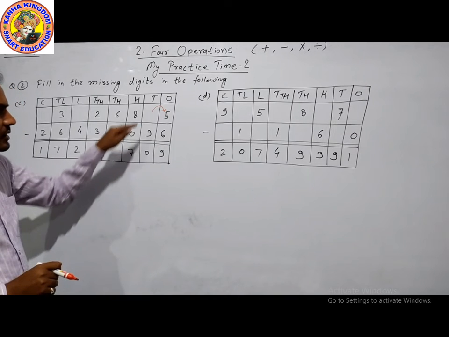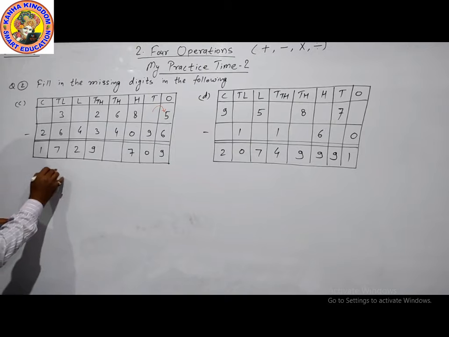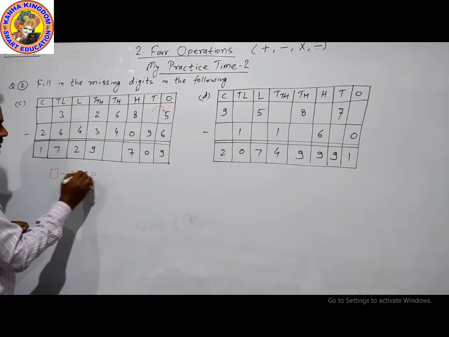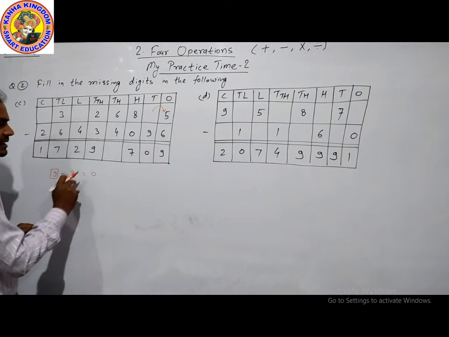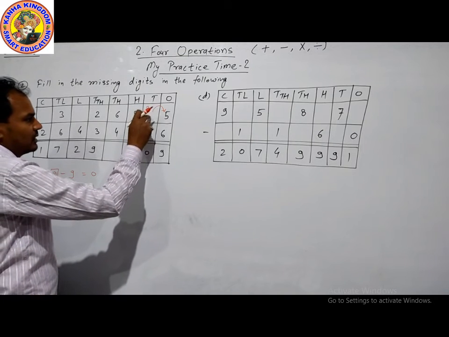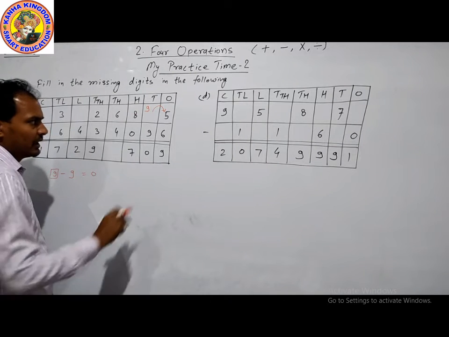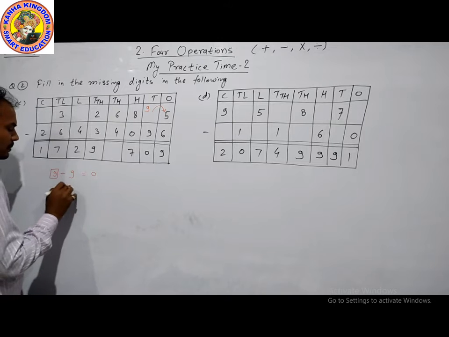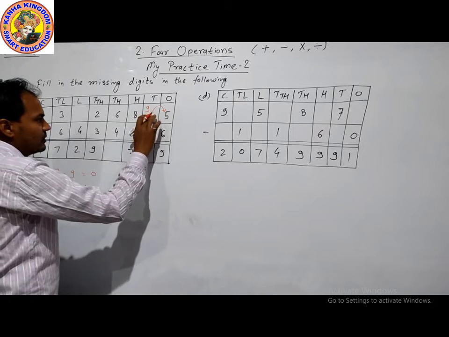This is correct. Now here is a digit minus 9 is equal to 0. We know that this is our 9. 9 minus 9 is 0. Here is 9, but here is a digit which has already given a borrow point, so this will be plus 1. 9 plus 1 is equal to 10. This will be 0.